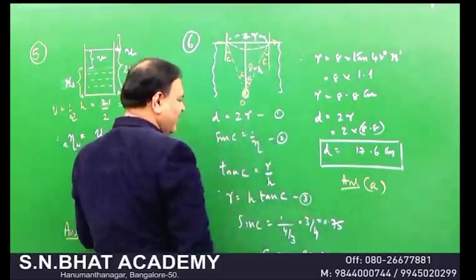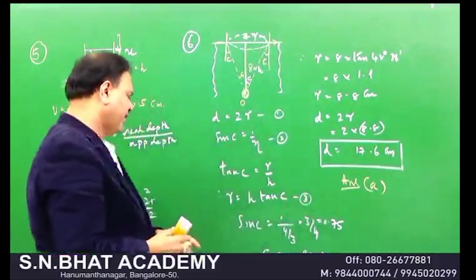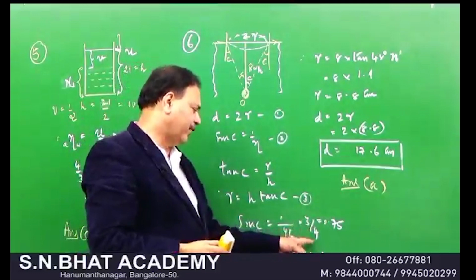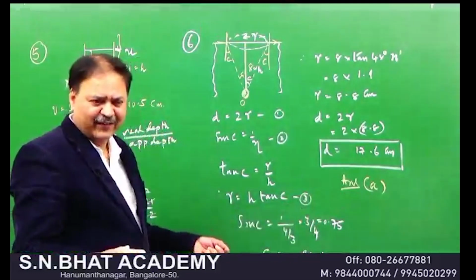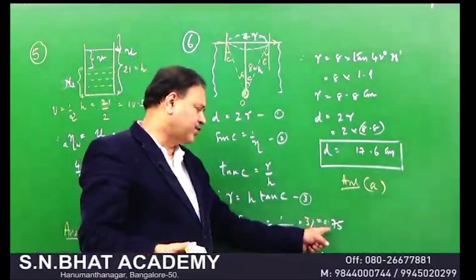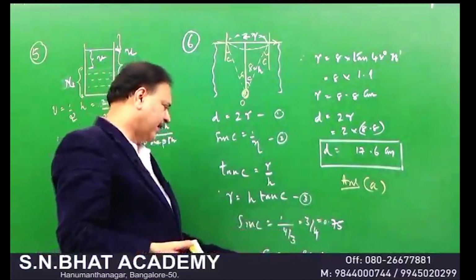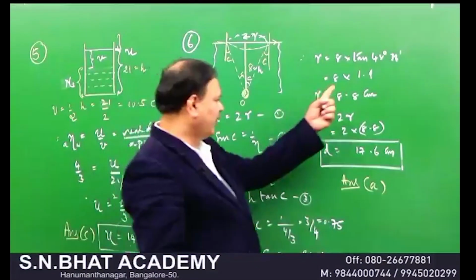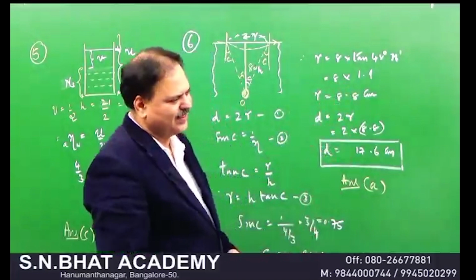If you look at this, how do you calculate this c? Sin c is equal to 1 by n, and you know that it is equal to 0.75, that is 3 by 4. 3 by 4 means 0.75. You know that sin of 45 is equal to 0.70, and 0.75 means around 48 or so. And the critical angle for water is equal to 48. Substitute that. It should be more than 1 because tan 45 is 1. So you must do the calculation like this.